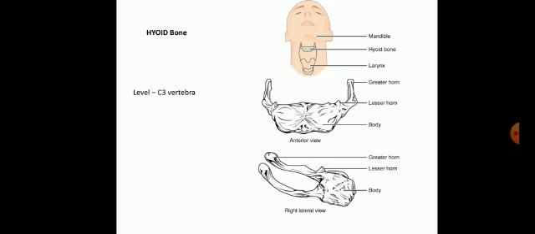The parts of the hyoid bone: you see, it has a central part, the body, and from the sides of the body you can see a long projection called the greater horn, and between the greater horn and the body, at that angle, it has a small conical projection called the lesser horn. The hyoid bone gives attachment to the muscles of the floor of mouth, muscles of tongue, muscles of pharynx and larynx, and by this it helps in breathing, swallowing and speech. Because it's deeply situated, it's not easily fractured, but in any suspicious death, if the hyoid bone is fractured, it can be due to strangulation.